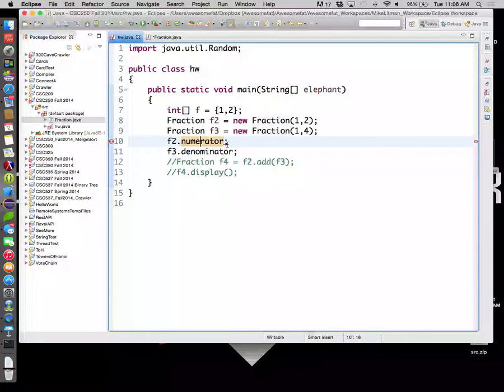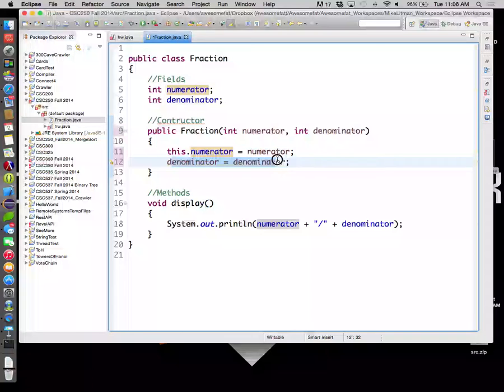This is probably complaining about. Oh, it's still complaining about the second one here. It'll be fixed in a second. So,